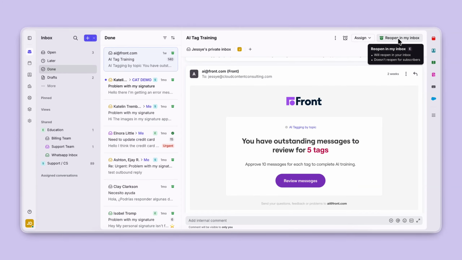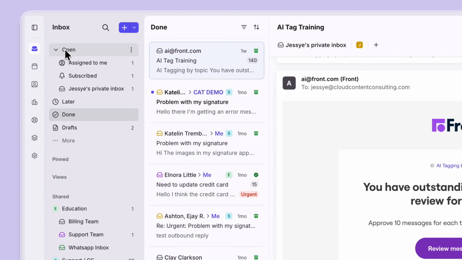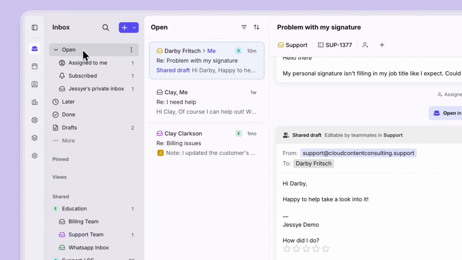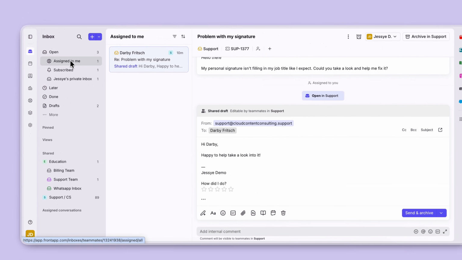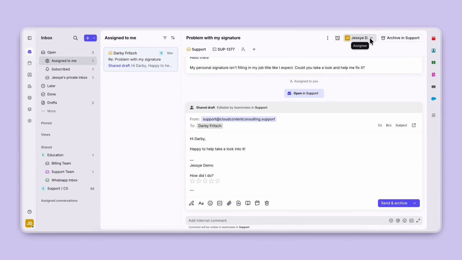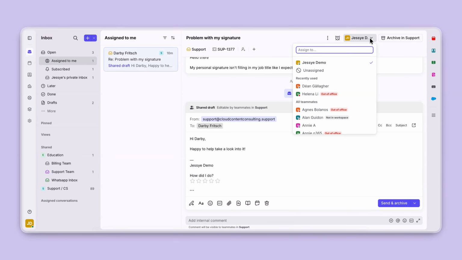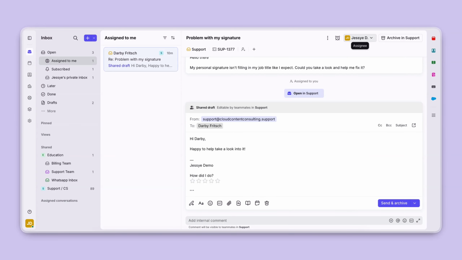You can click into the Open section to expand your view. Here you'll see your open conversations broken down into additional sections. In the Assign to Me section, you'll see all of the conversations that have been assigned to you from a team inbox. As the assignee, you own responsibility for these conversations on behalf of the team, so be sure to action them accordingly. Any action you take, such as updating a ticket status or archiving the conversation, will impact other